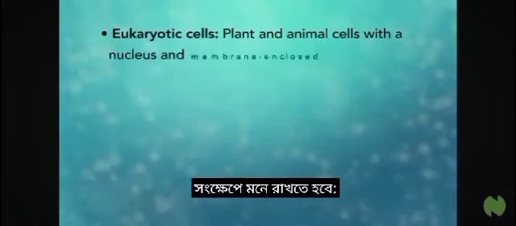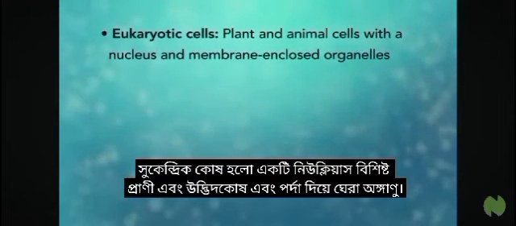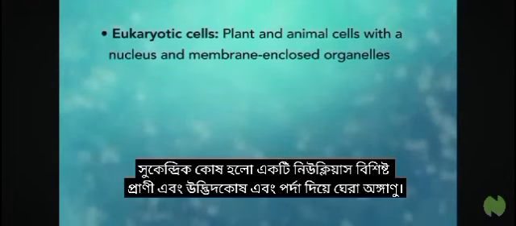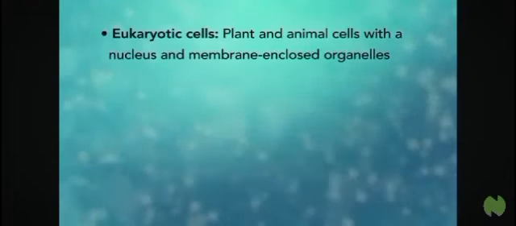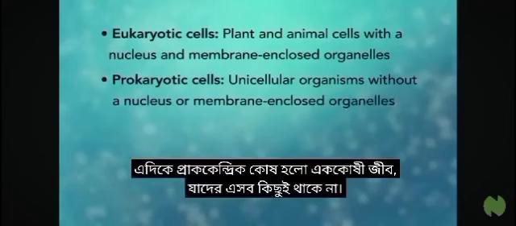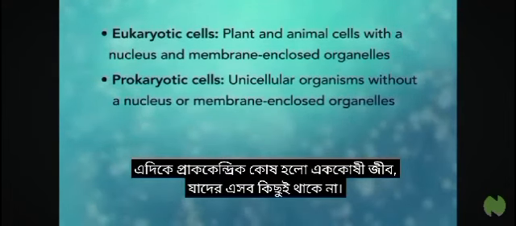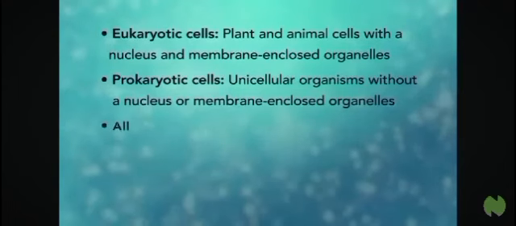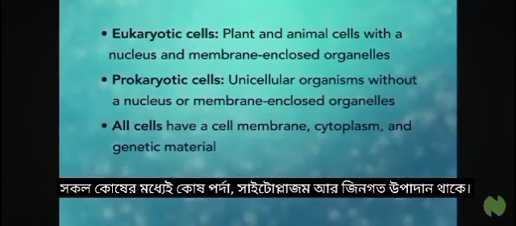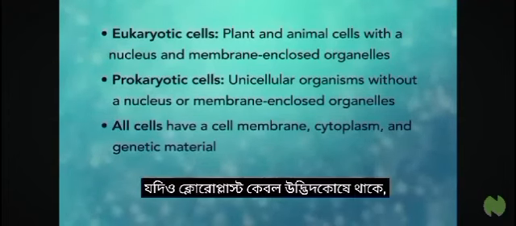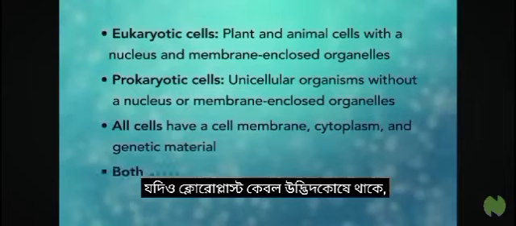In summary, remember, eukaryotic cells are plant and animal cells with a nucleus and membrane-enclosed organelles, while prokaryotic cells are unicellular organisms without these things. All cells have a cell membrane, cytoplasm, and genetic material. And even though only plant cells have chloroplasts,